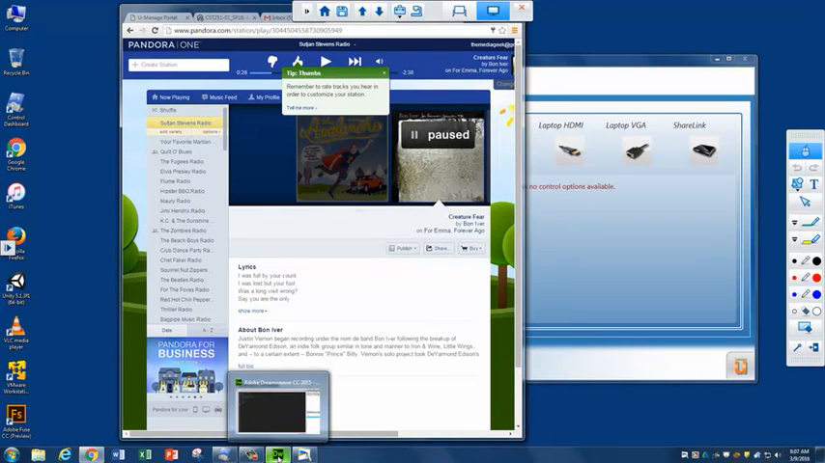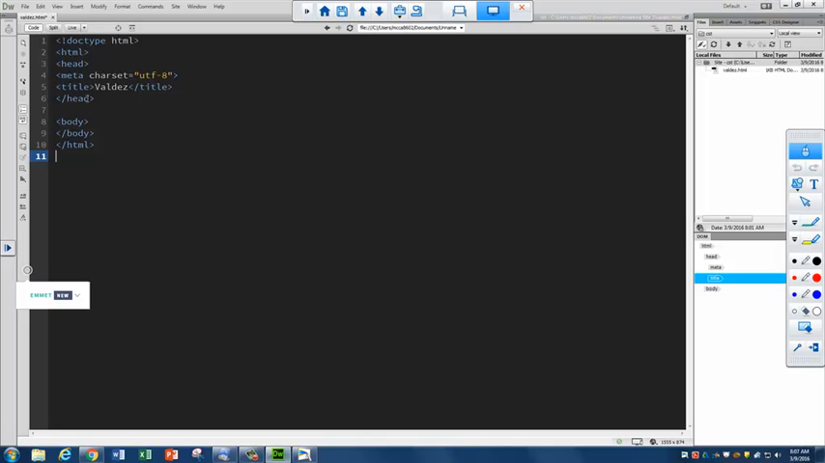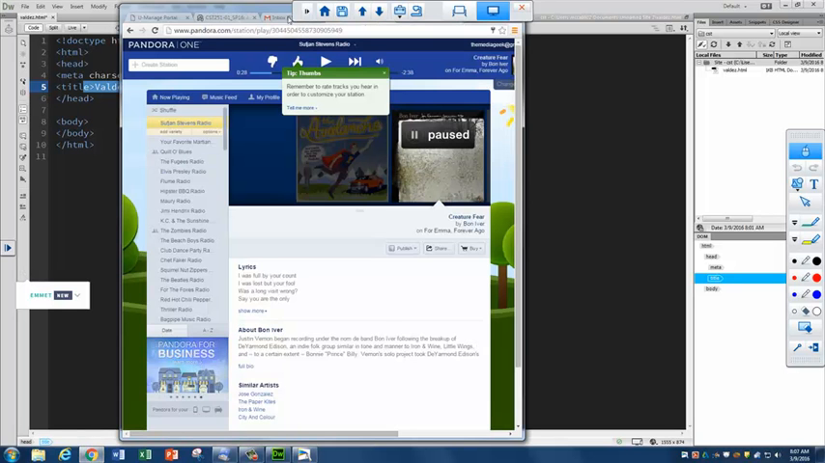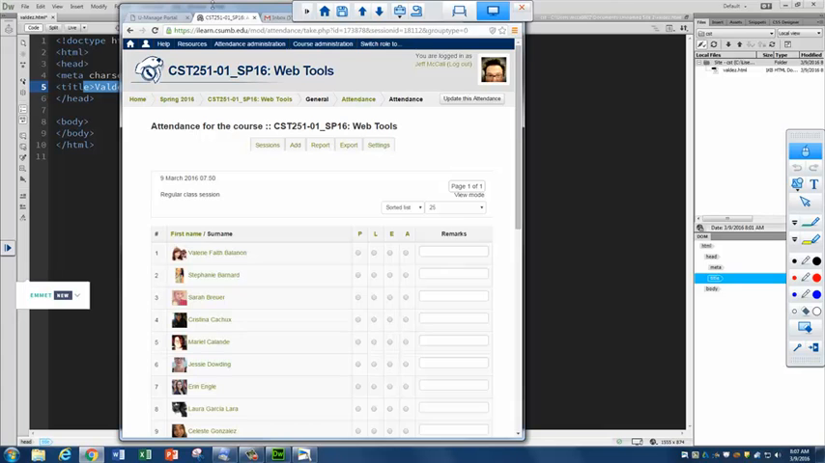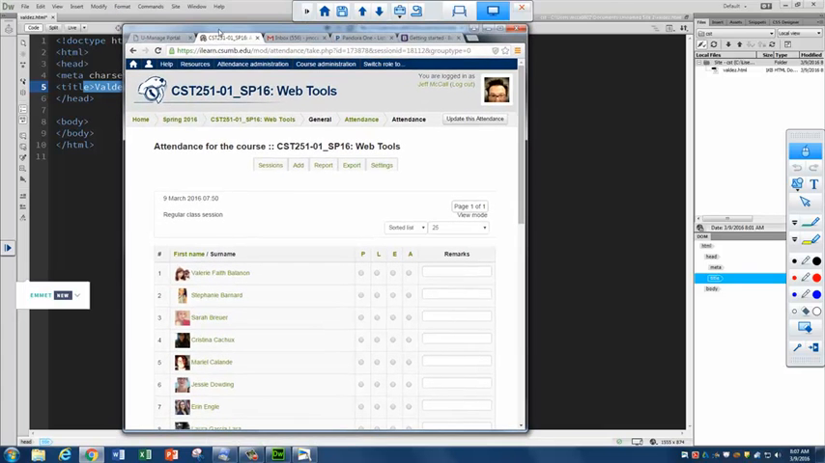So in Dreamweaver, I have just the start of a web page, right? I've got Valdez and I've got the body and all of that. So I'm going to hop over to